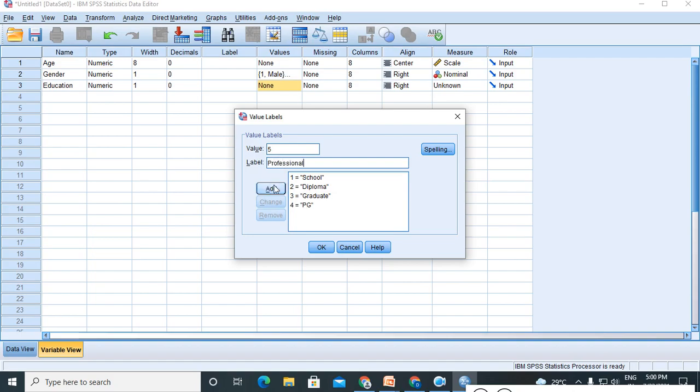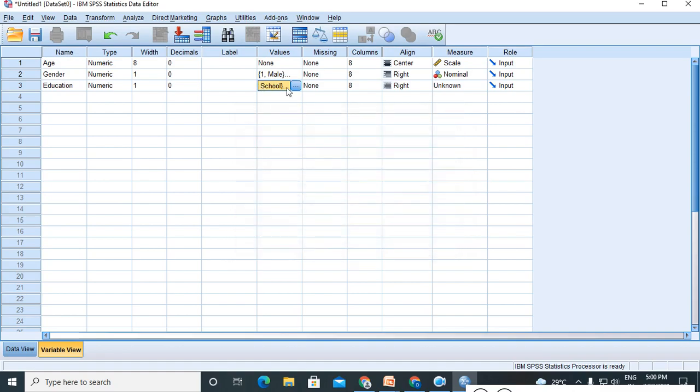Right, give OK. It is shown here in the values, it will be recorded. And again for education, it is numeric and ordinal. You come here, it is ordinal. As it is in order, you can give it as ordinal scale.